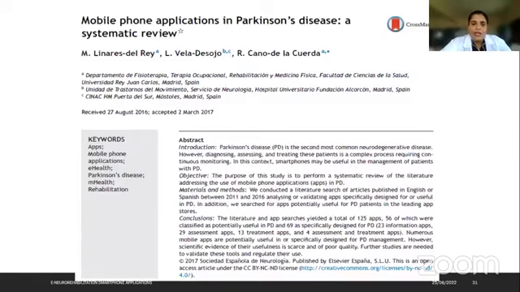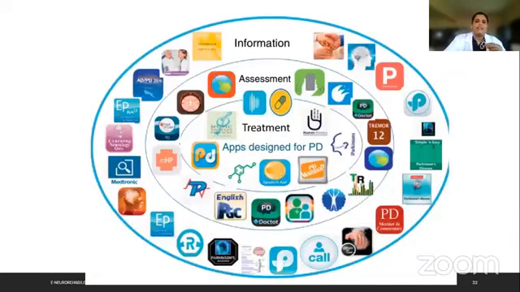So there are many variations in this application. And one more thing, out of these 125 applications, none of the applications is available in India. We have similar kinds of apps in Parkinson's. As you can see in this study itself, they have divided them: information based apps, basically telling what is Parkinson's disease, what are the problems that a Parkinson patient is facing, what are the treatments available, or who is your nearest doctor or practitioner available, like that.